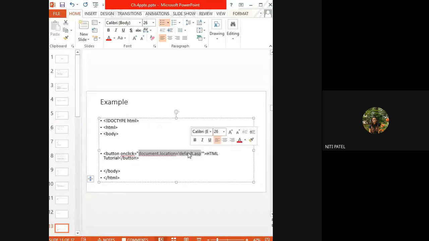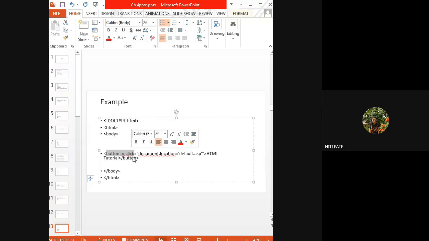I have a text called HTML tutorial. That means, what is the name of the button? The name of the button is HTML tutorial. So a button with the name HTML tutorial is created. And whenever you click on that button, it will take you to this particular page. Okay, so your button tag is open over here, and your button tag is closed over here. But in the button you have an event, onclick, therefore you are mentioning it inside the button itself.